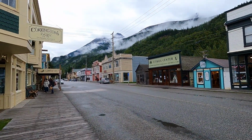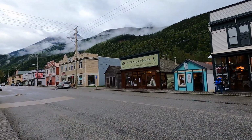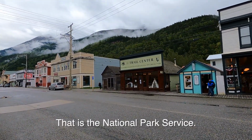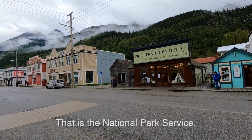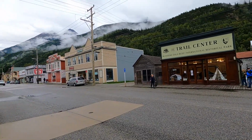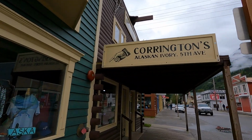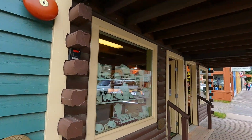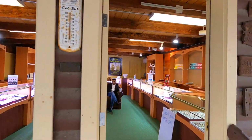And here's a camping store. Oh, wait a minute. Klondike Gold Rush International Historical Park Trail Center. Okay. I guess it's not a store. And they don't sell camping gear. Alaskan Ivory. 5th Avenue. Comfy? Yes,